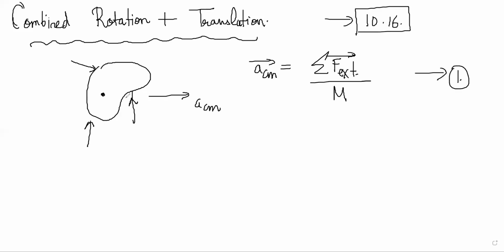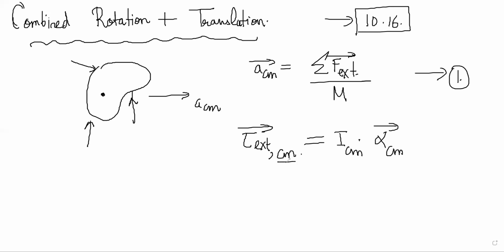The second thing is, if you want to measure the rotational effects of this body, what you can take is all the external torques of this body about its center of mass. Take all the external torques on the body about its center of mass. That should still be equal to I center of mass into alpha center of mass, right?